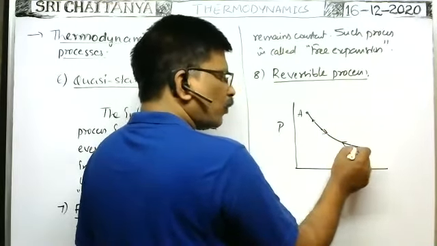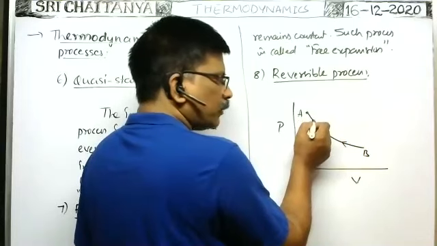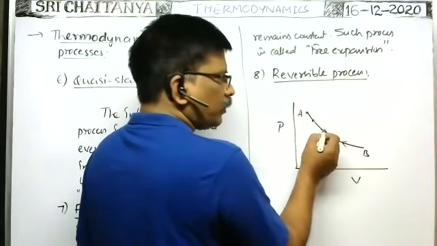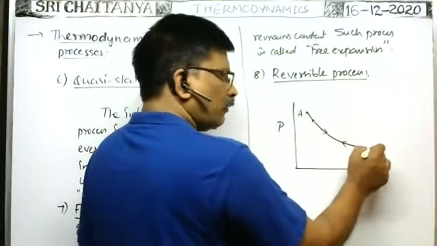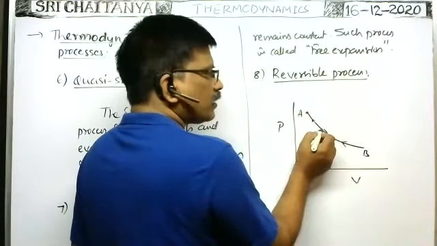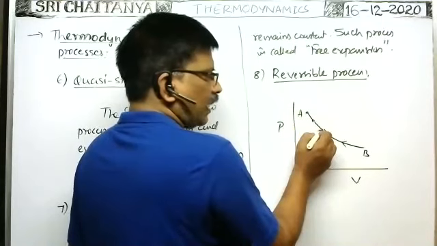In the reverse process also, while passing through this point, the pressure becomes P1, volume becomes V1. Suppose here P2, V2 while changing from A to B. While coming back from B to A, while passing through this point, the state of the gas must be the same